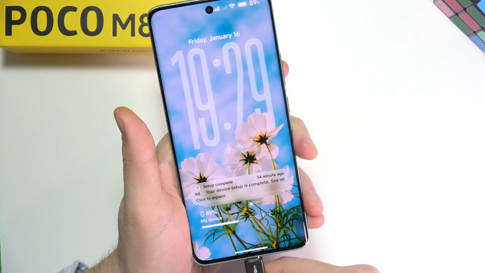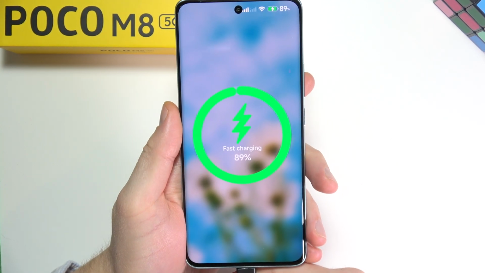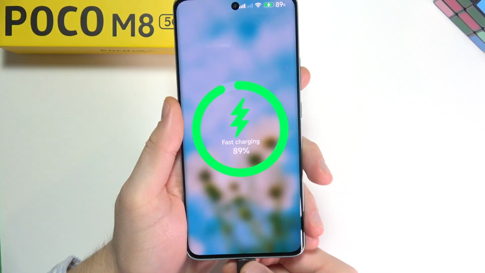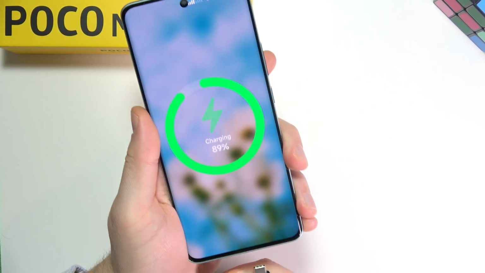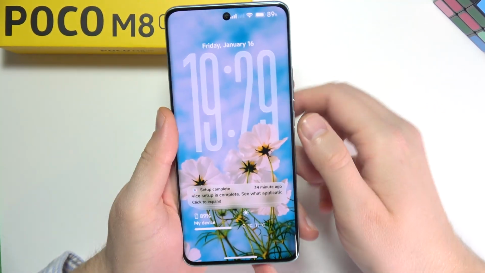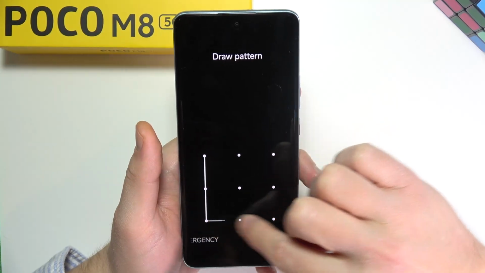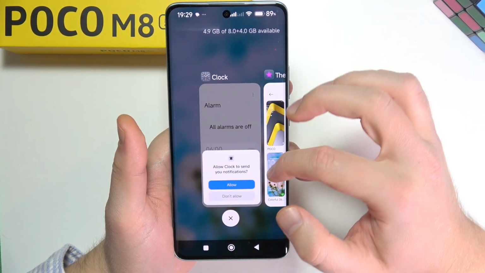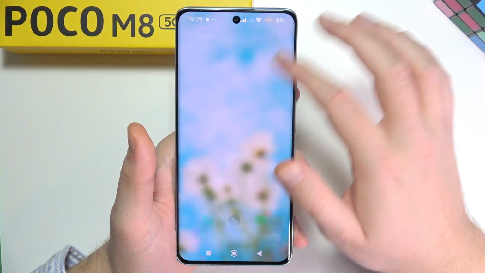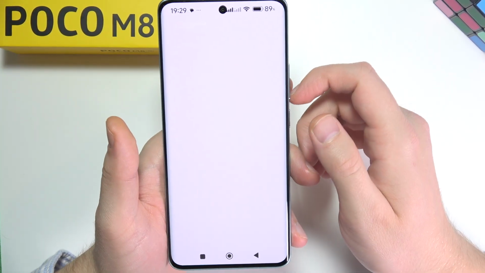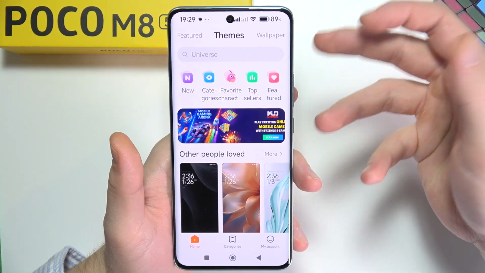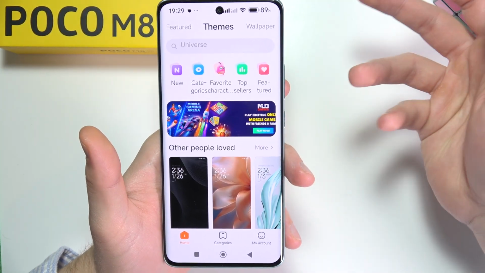If you want to change the battery animation on your POCO M8, like in my case, as you can see, it's much bigger than default. First of all, you have to change the theme on your phone, and to do that you have to just start by opening the Themes application, and now we have to search for a theme with a different